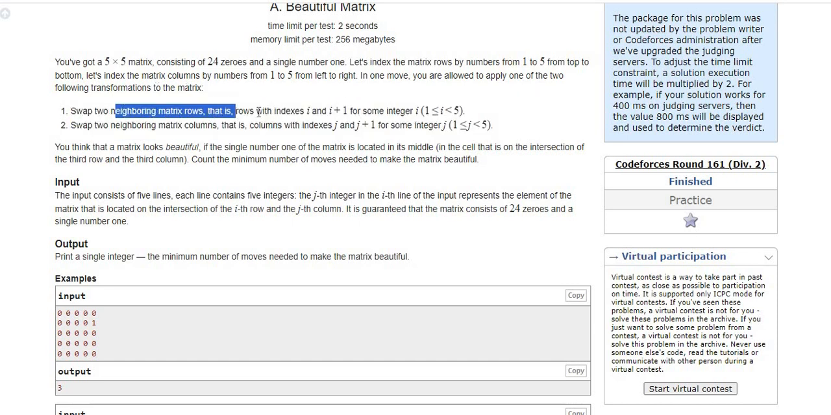Numbers matrix rows, that is rows with index number i, will be incremented by i plus 1, and it will be from 1 to 5 that has been given on this index number. And swap also neighboring matrix also. So this index number or matrix column will be incremented by j plus 1, and their condition must be 1 to 5. You think that a matrix looks beautiful if the single number one of the matrix is located